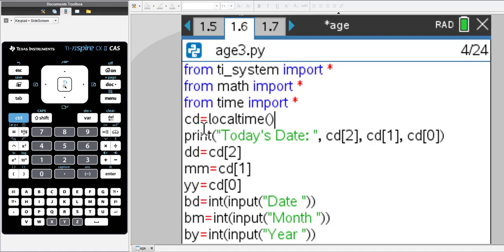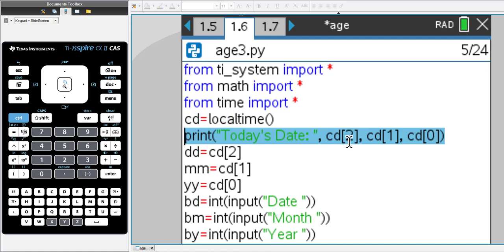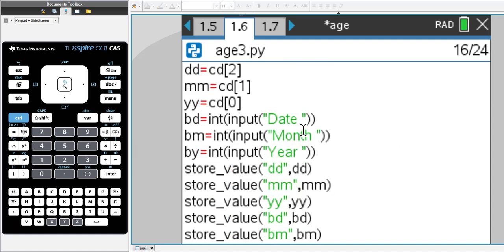I'll show you an alternative method now. In this method, we are going to use the built-in syntax for calculating the number of days, which is actually a part of the TI system import. So I've got today's date, which I'm printing. CD2 is the year, CD1 is the month, and CD0 is the current date. And then of course I'm getting the user input. So those are the three inputs from the user: the birth date, the birth month, and the birth year, inputting them as integers. And then I'm storing each of these values, and from here I'm sending it to actually my